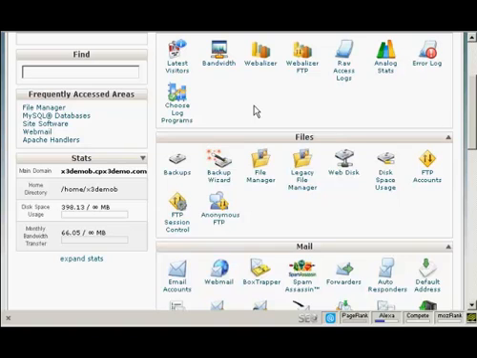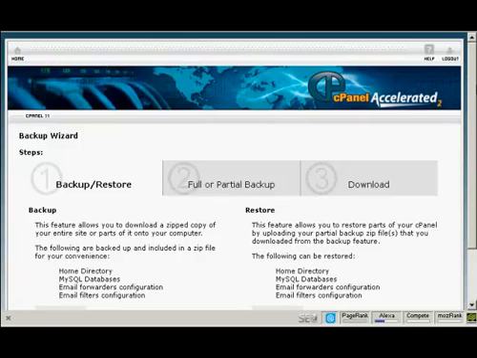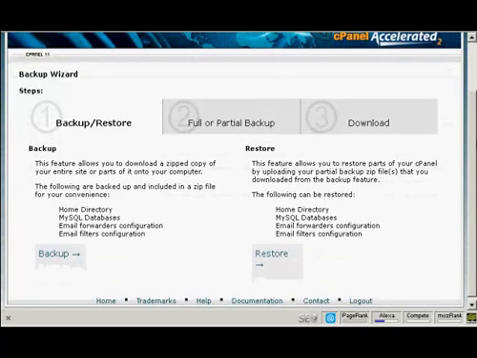Okay, in cPanel, come down here to where it says Files and then click here on Backup Wizard. And it gives you the steps here. You can back up or restore. And what you want to back up really are the two things that you need for your WordPress blog to work: the home directory and the MySQL databases. The things like email forwarders configuration and email filters configuration are more to do with the actual running of your website. So we click on Backup,